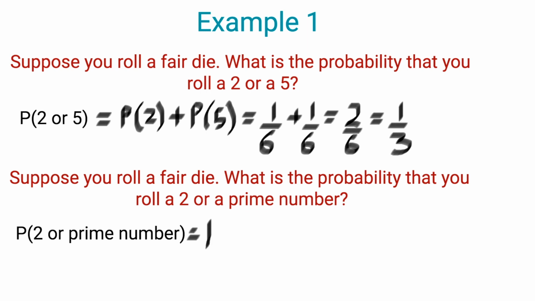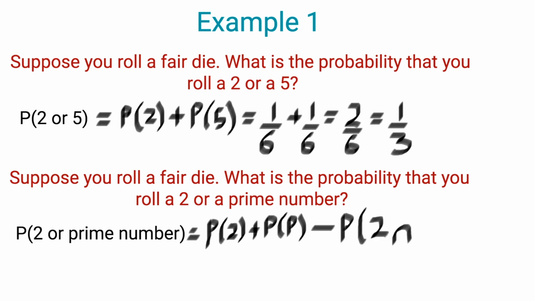So we're going to be adding the probability of 2 plus the probability of a prime number. I'm going to use the letter P to represent a prime number, and then we need to subtract the probability of getting a 2 and a prime number. So that's the common outcome, a 2 and a prime number, because the number 2 is also a prime number. So the probability of getting a 2 is just 1 out of 6 because there's only one number